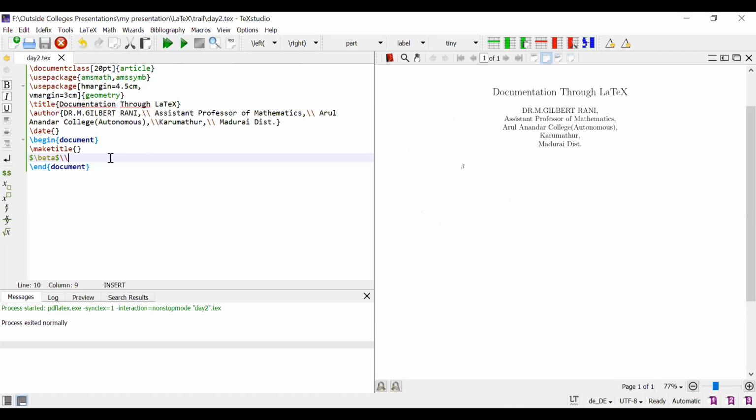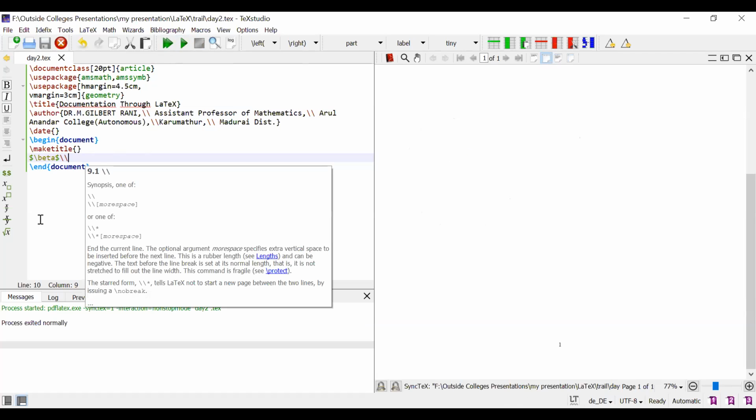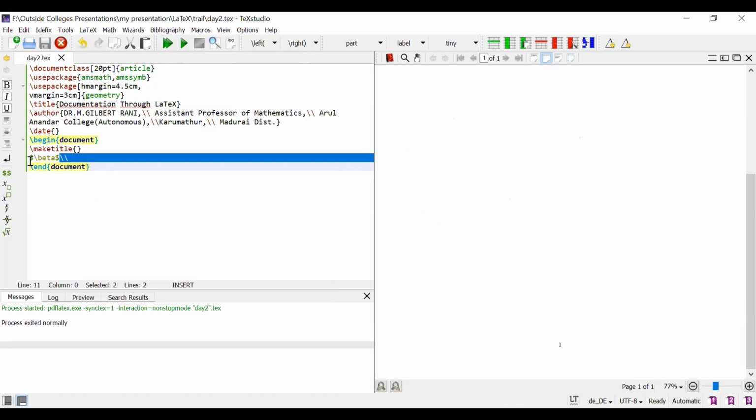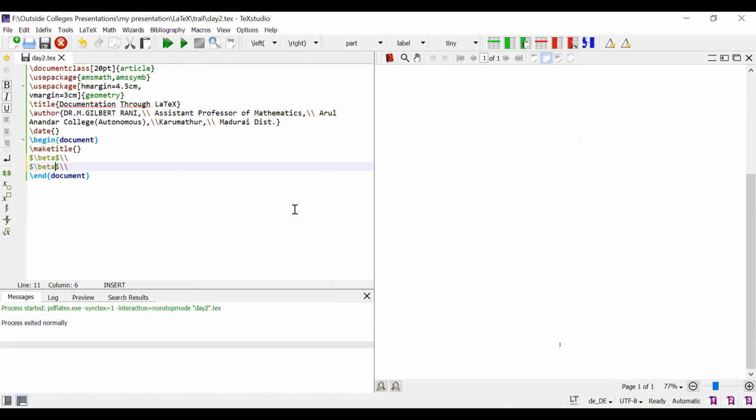Suppose I want to type beta A. I copy it and then I put A, beta A. Now I write backslash betaA, but that word is highlighted by some color.